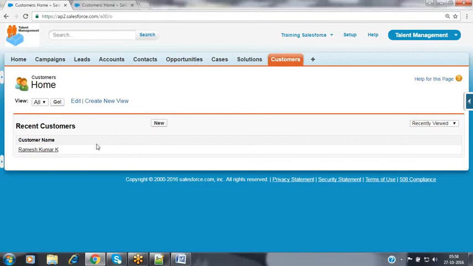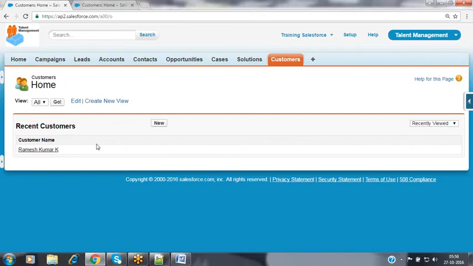So nothing but once you create an object, then all the 3 layers of your application will be given by Salesforce to you. But it will give only the basic fields to you, like the name field and the owner field, created by and the last modified by. So now these are the 4 standard fields given by Salesforce to you by default upon creating a new custom object. If you want to add a few more columns, then we can create our own custom fields also. Okay. Then how to create those custom fields, we'll see in the next sessions.